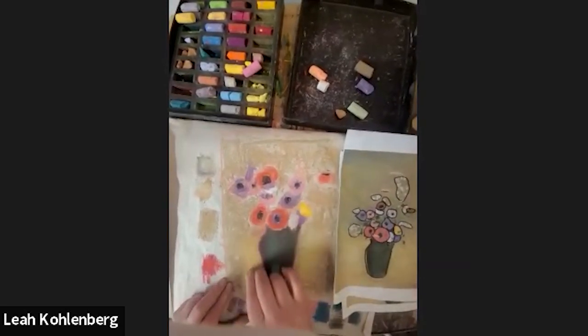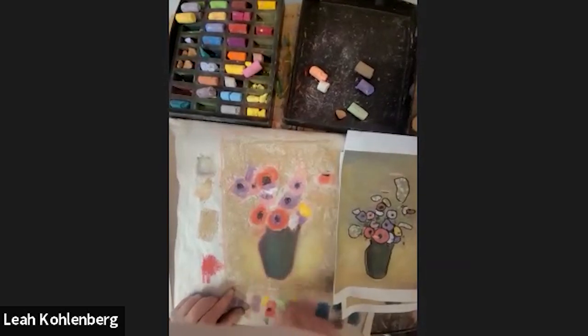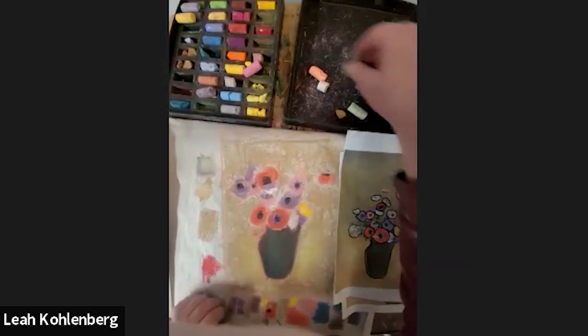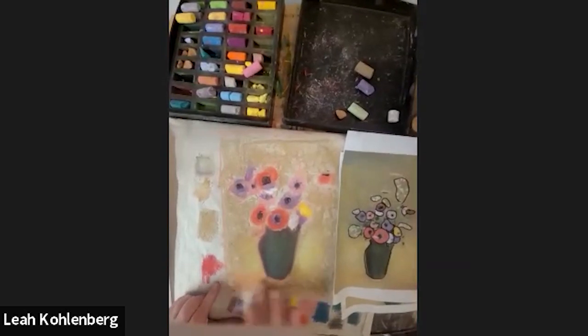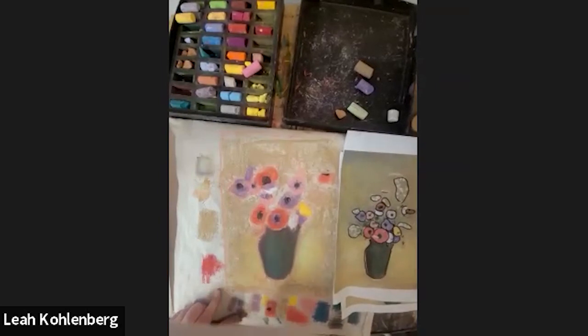So here's the fun for you. Now you get to start kind of layering. And as you work around, I know that there is a little bit here. Let's try this first. And then I'm going to layer a green on top so that there's a little bit more orange there. As you start to lay this in,